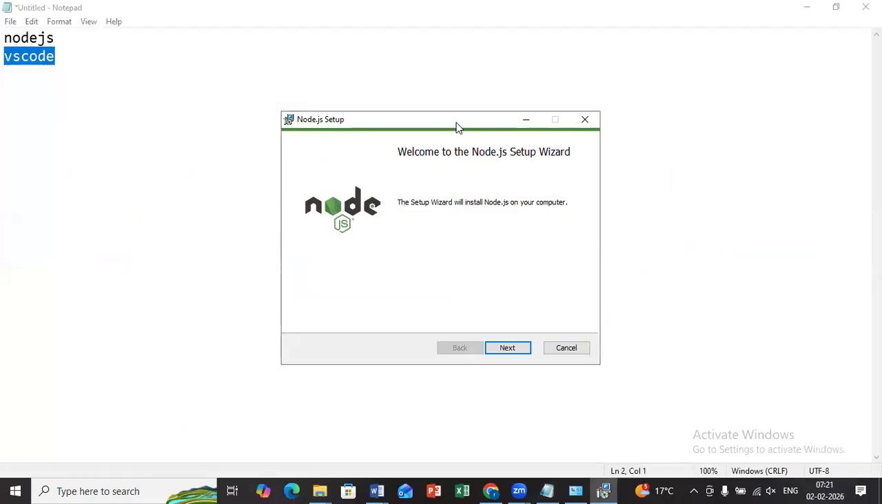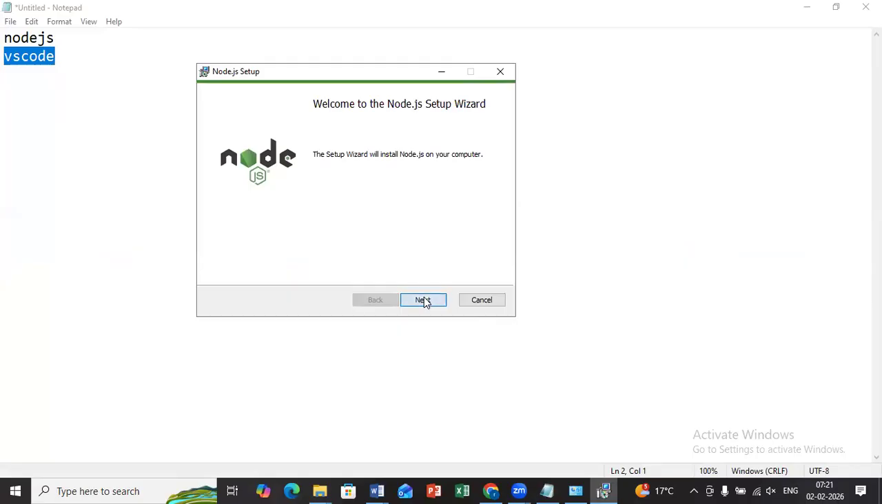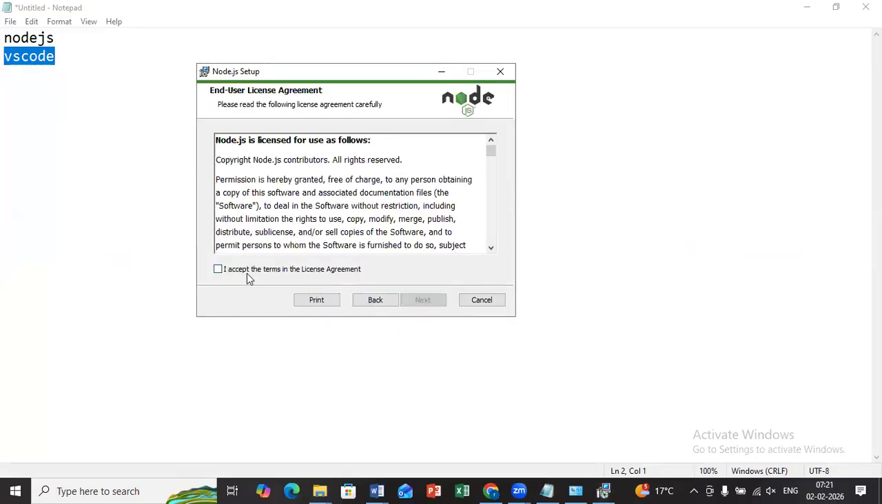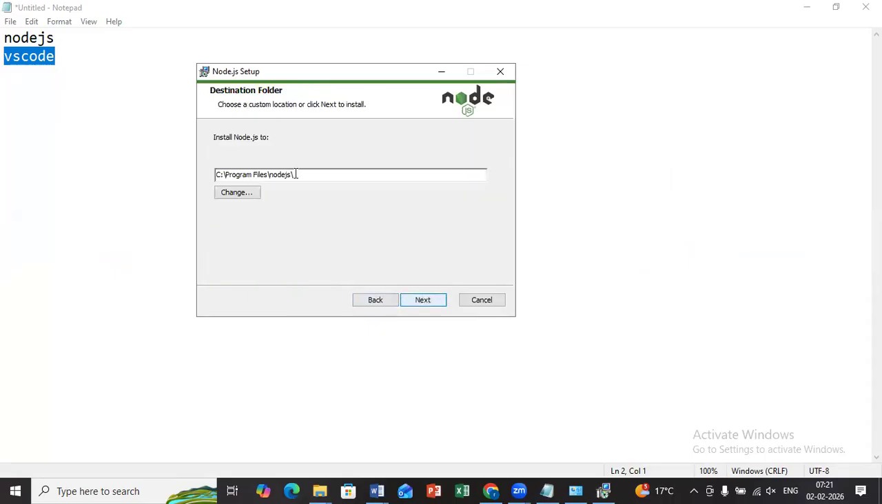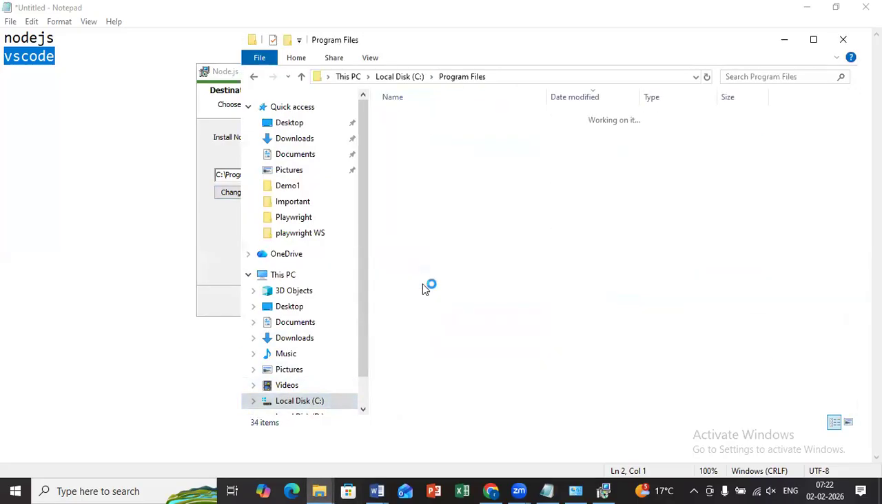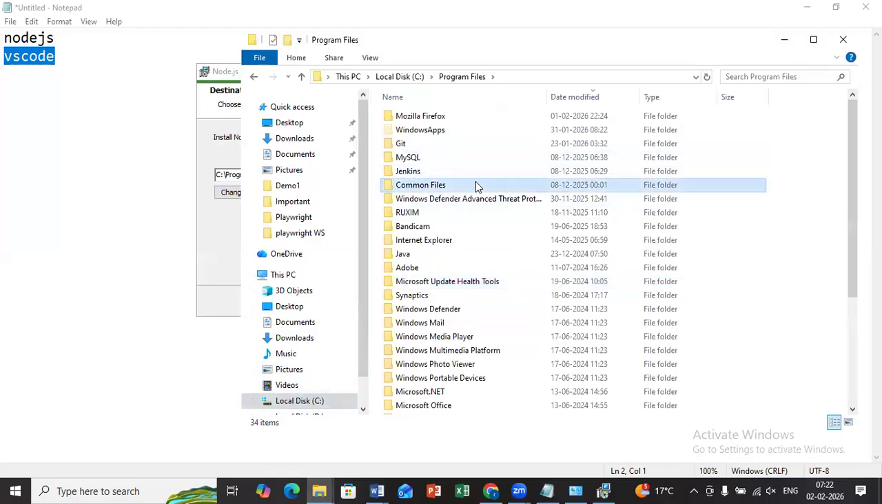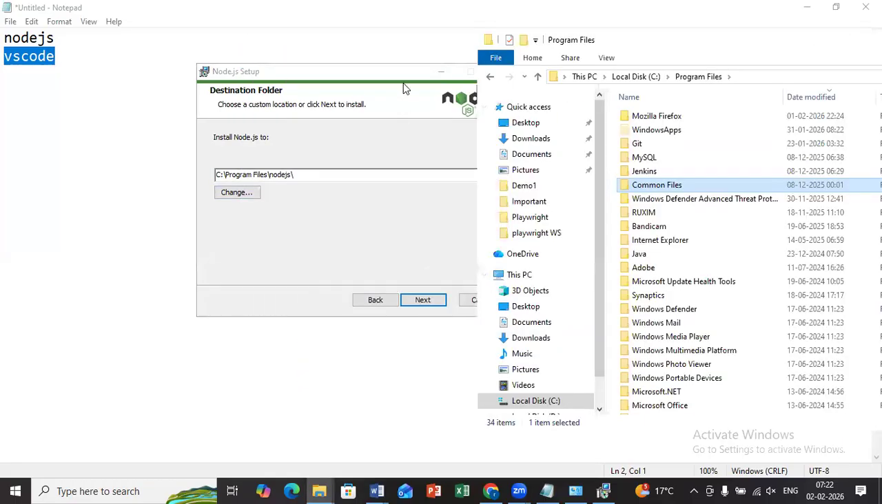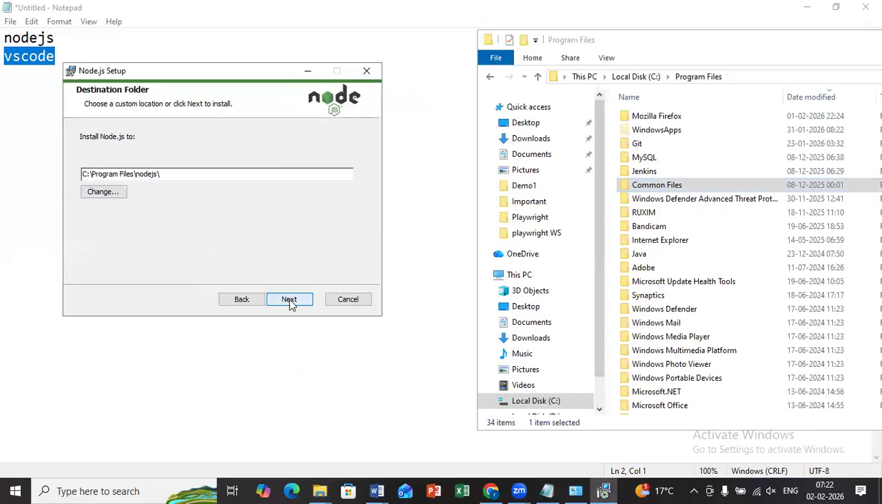Now you just click on the Next button. Check accept the license agreement. Next button. And where it is going to be installed: already we have uninstalled from this location, right? C Program Files Node.js. Now it is getting installed in the same location. See here, I'm going to the C drive Program Files, where I don't see Node.js as of now, right? So once I click on next,